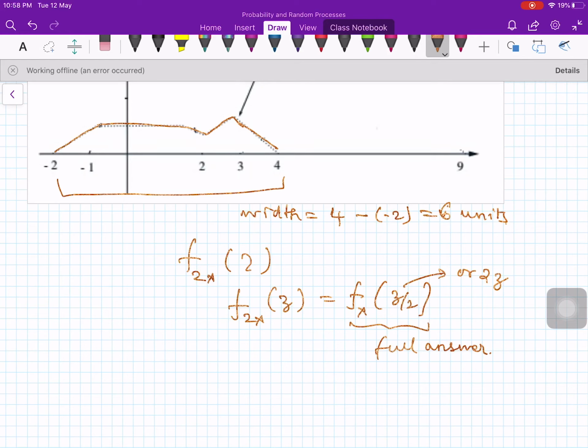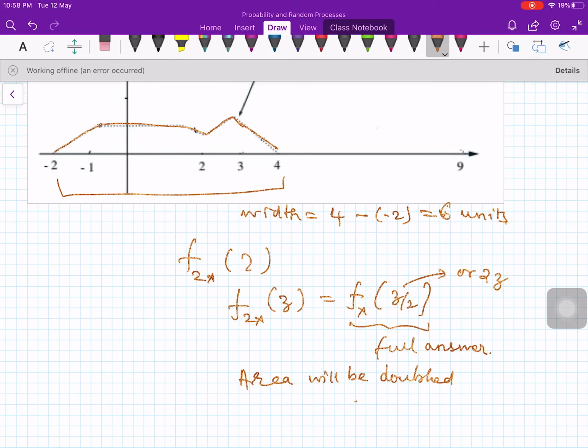If you stretch this function by a factor of 2, what happens to the area under the function? It is going to get doubled, because originally the width was 3, now the width is 6 units. But we know that the total area gives the probability of that particular density function, which is equal to 1. The probability should not exceed 1, right? So if you double the area, the probability will be doubled, and that cannot be acceptable.